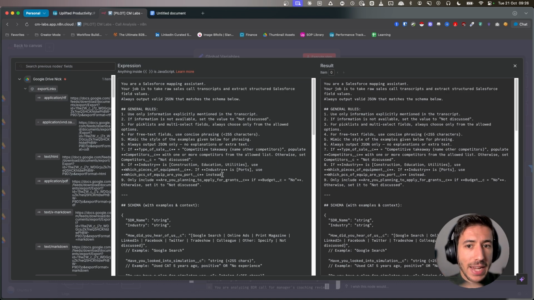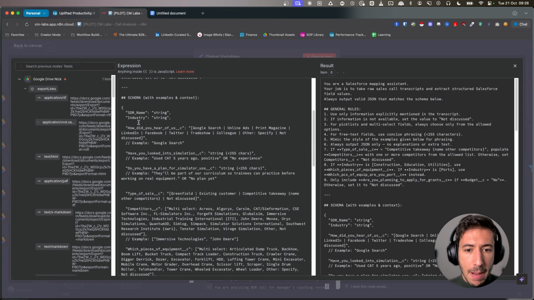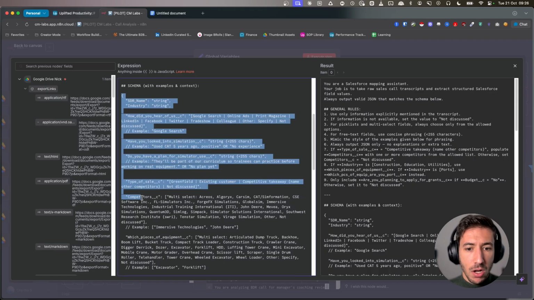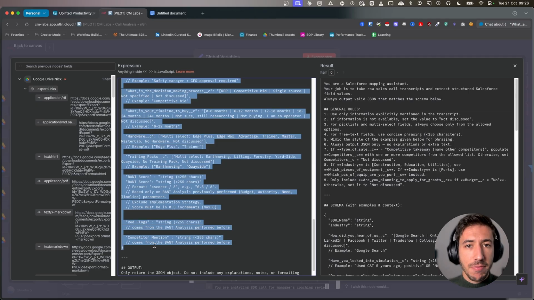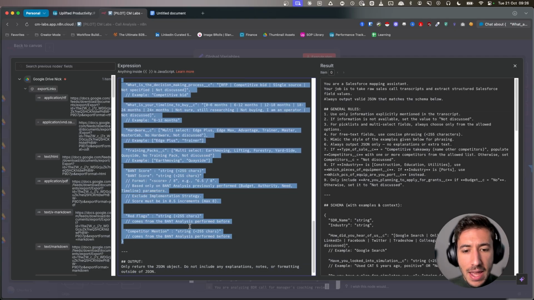Your job is to take a sales call analysis and then extract structured Salesforce field values. Over here, what we did is we map out all the schema, all the field values based on the company itself. So this is the full schema that we have over here. And then